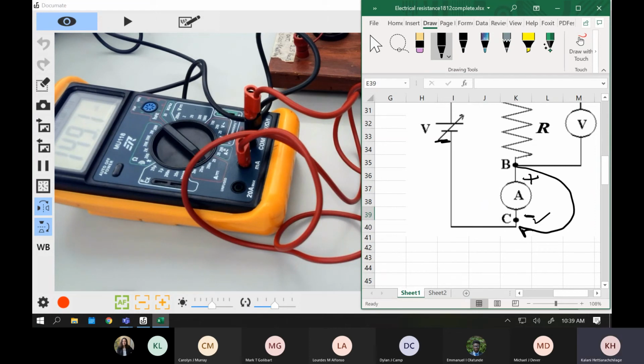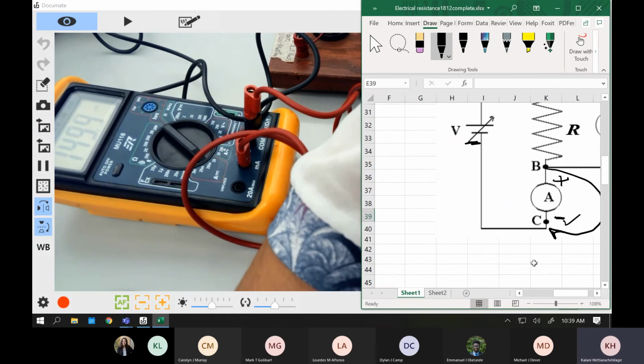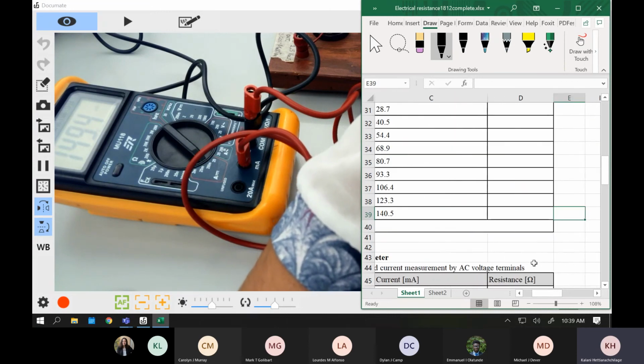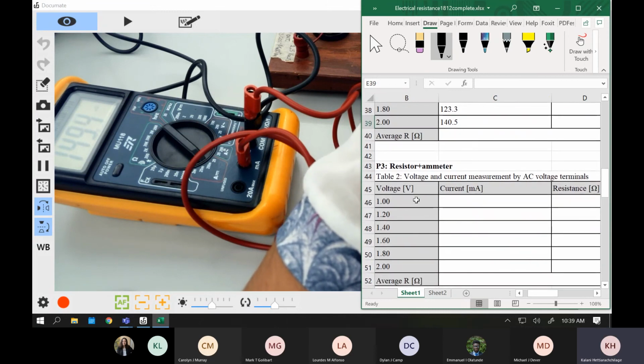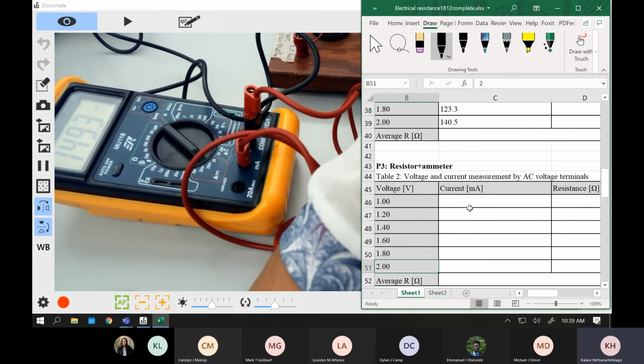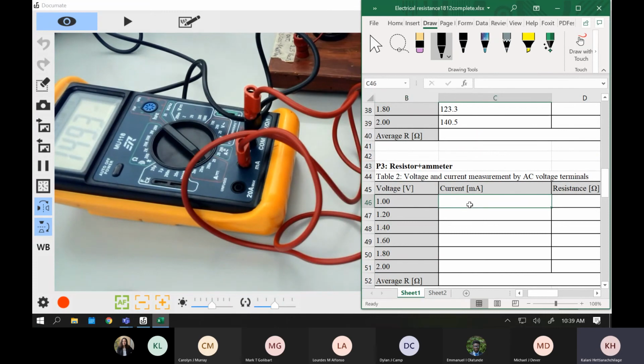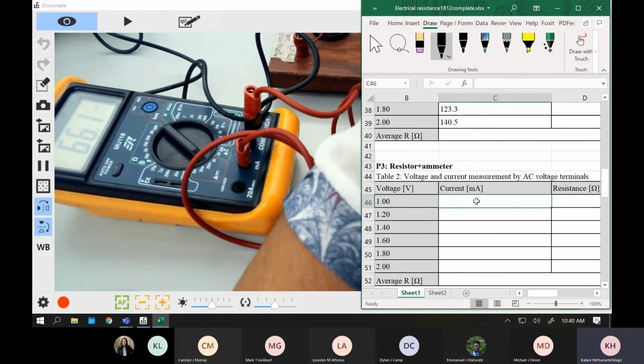Okay, so now let's do the same process, but we're going to start from 1 volt now, 1 to 2. We're going to complete the table by measuring the current and voltage. Which one? Second table here. We're going to start from 1 volt and move into 2. Okay, so we'll start from 1, or you can go backward, but I like to go from 1 first. Switch on your, mine is switched off. You can switch it on again and lower it down to 1. And then you're going to write the reading in milliamps.